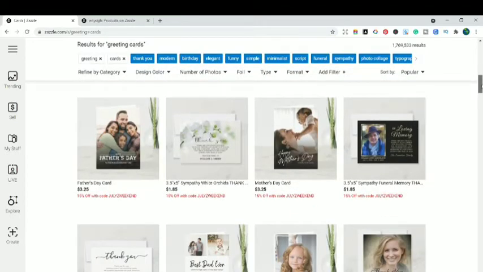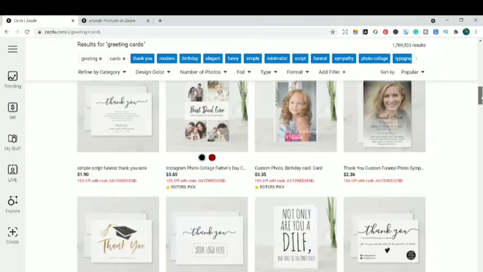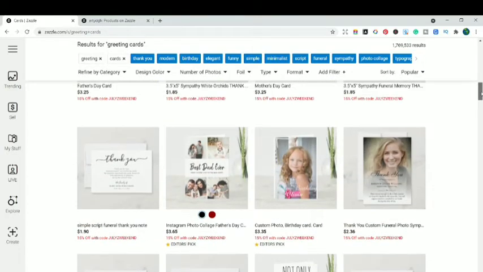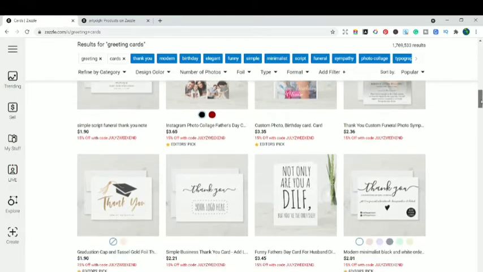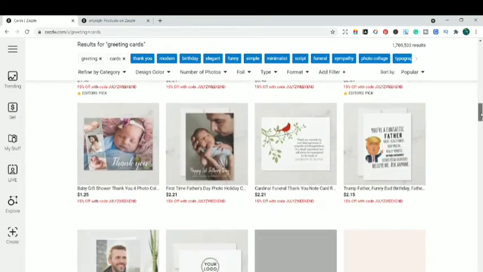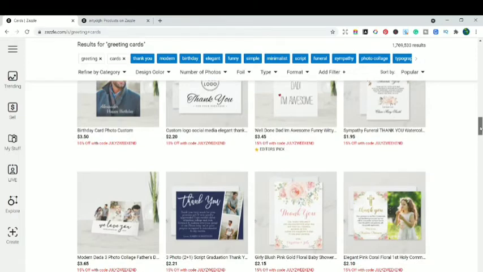So you can see that on the very first page, the Father's Day card is popular. Mother's Day card is also popular. These kinds of cards trend when the season is there. If you're making a birthday card, or even a congratulation card or a thank you card, these cards are popular all throughout the year. So there are a bunch of different ideas, guys. You can see what you can pick up over here. These are a bunch of Father's Day cards.